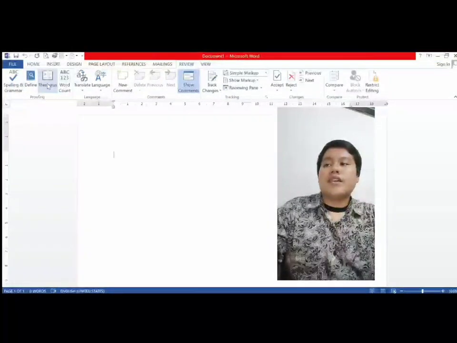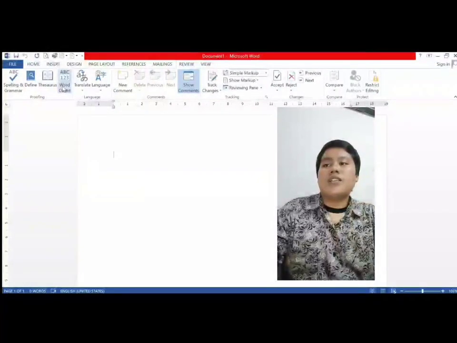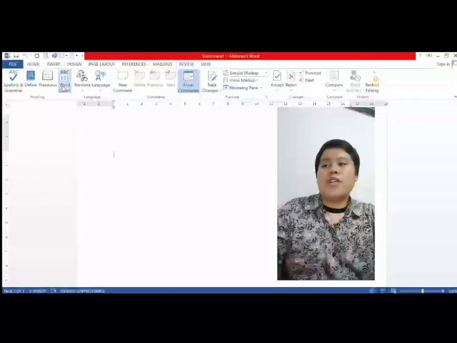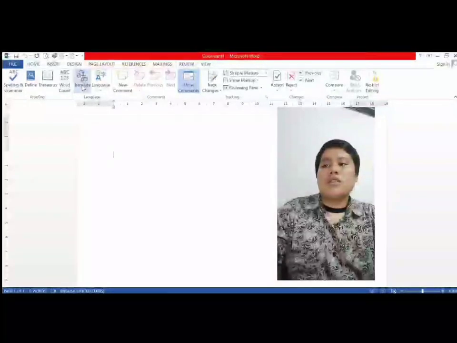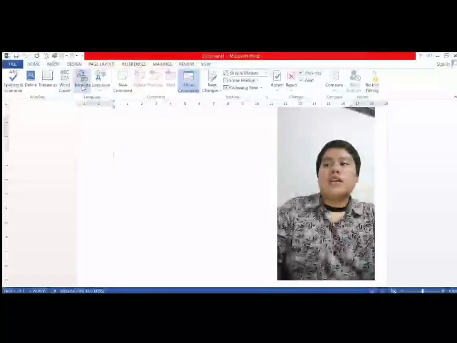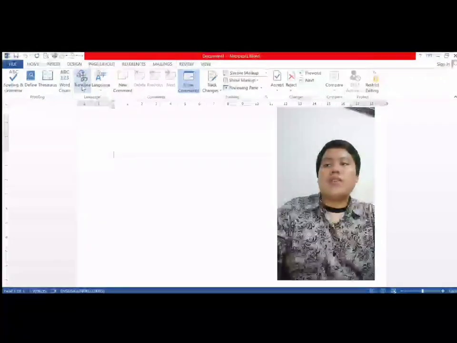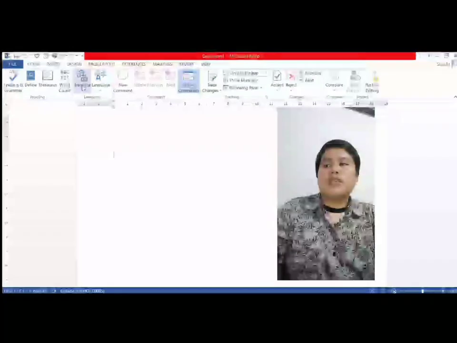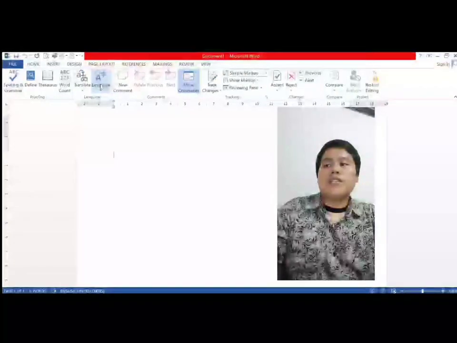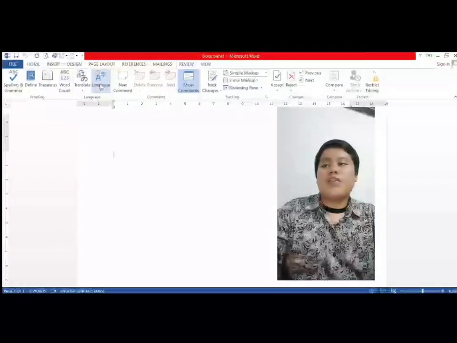Next icon, insert footnote, is a function to add a note at the bottom of the page, providing more info about something in your document. Insert endnote icon is a function to add a note like a comment or citation, providing more info about something in your document.